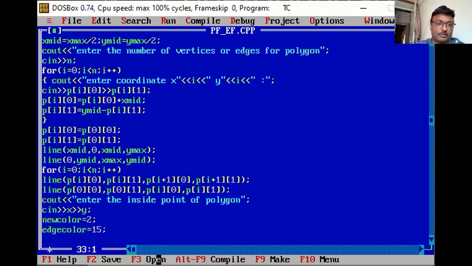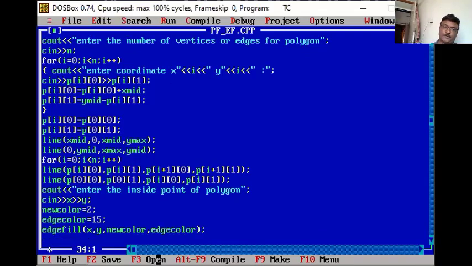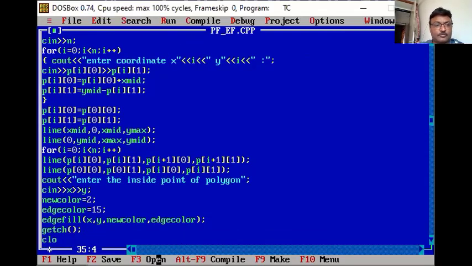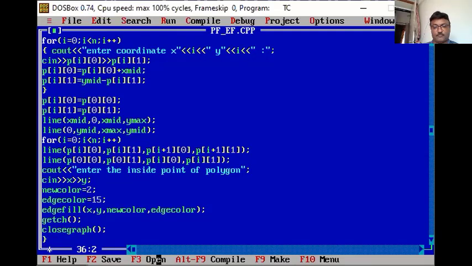Then I call edge fill for my polygon: edge fill x comma y, new color, comma edge color. So these are the 4 parameters to call. Then getch, closegraph, and close your main function.